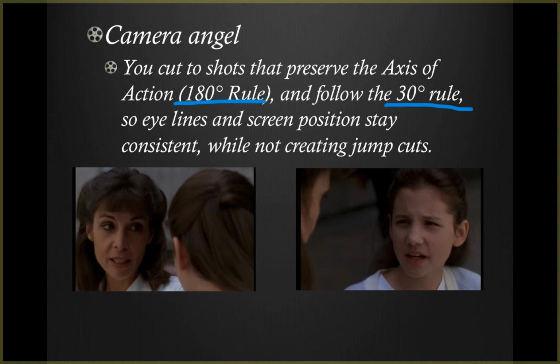Yeah, so camera angle, again, this is not an artistic choice so much. It's just that if you do have to cut between two characters, you can't confuse your audience by breaking the 180-degree rule, unless you want to. Yeah, that's another option as well with camera angles, that maybe you want to break the 180-degree rule. But that's what it boils down to, you're picking one shot over another shot because you want to follow these rules. So in this instance, you have an over the shoulder followed by another over the shoulder, and you're not breaking the 180-degree rule line. So camera angle,